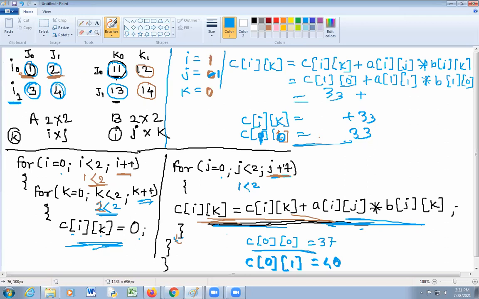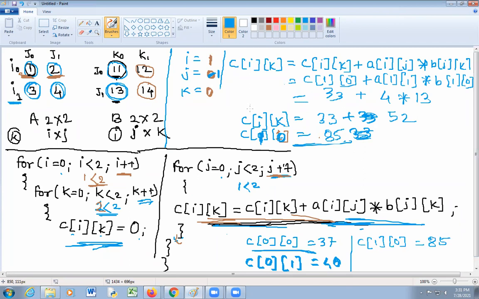Here A of 1 1 is equal to 4, 4 into B of 1 0. B of 1 0, that is J 1, is equal to 1, that is 13. So 33 plus 52, we'll get 85. So C of 1 0 is equal to 85. I will put here C of 1 0 is equal to 85.